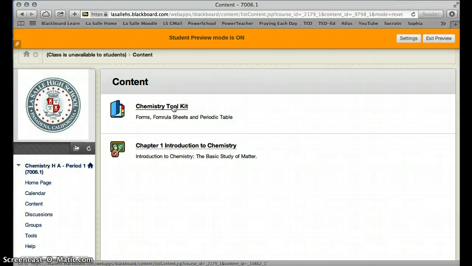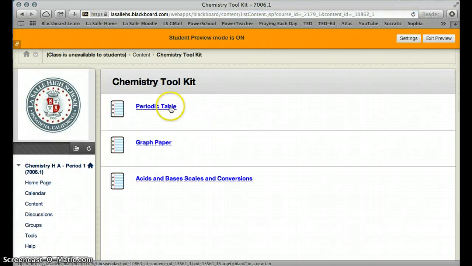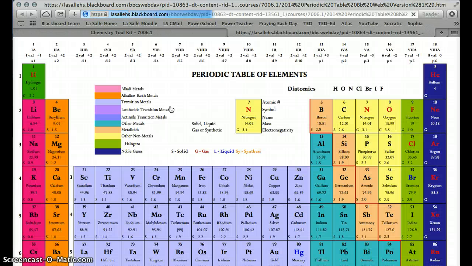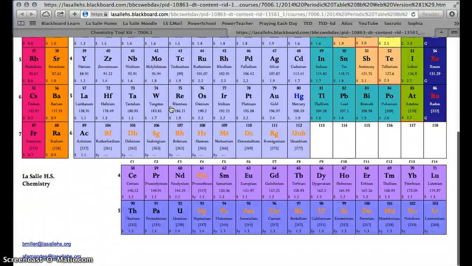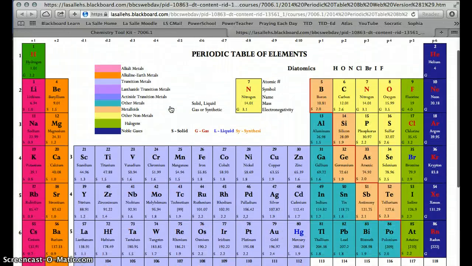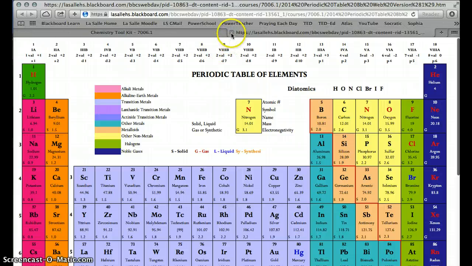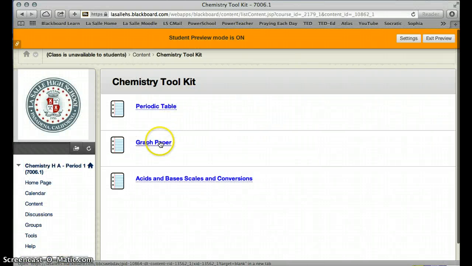I'm going to go ahead to the toolkit. Here is the periodic table, so we open that up and it comes up in a separate window, and that's our periodic table, and students will be able to use that while they're working on other material. So we'll go ahead and close that. Let's look at the graph paper. So the graph paper opens,